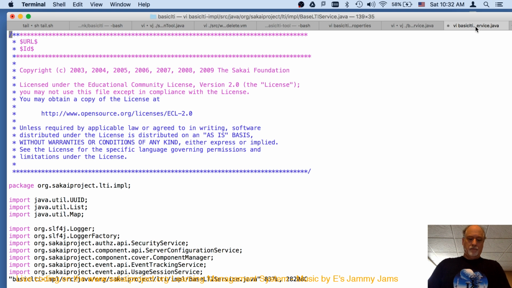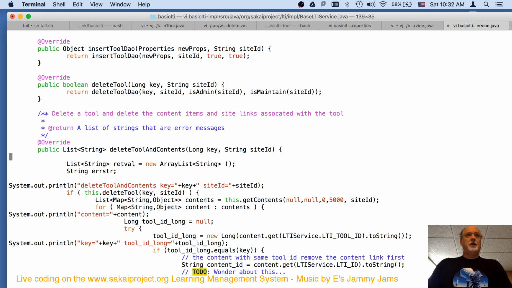Delete tool. So you're getting all of the tool.